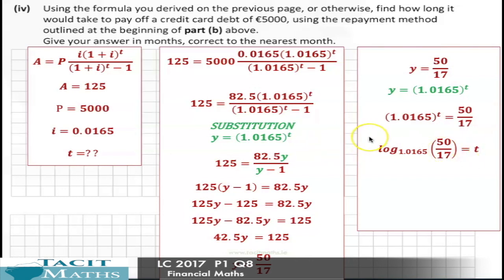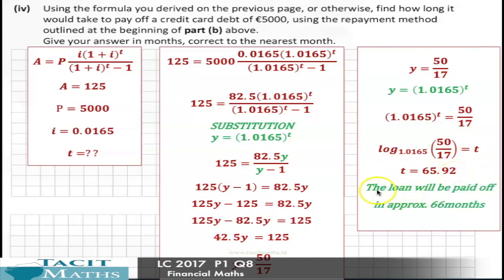They come up in some shape or form most years, so just make sure you're comfortable with solving things like that. And the beauty of it now is that this goes straight into your calculator and it comes out as 65.92. So what does that translate as? So if you're paying off €125 a month to pay off a €5,000 loan, it'll be paid off in approximately